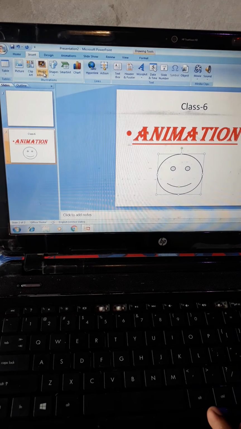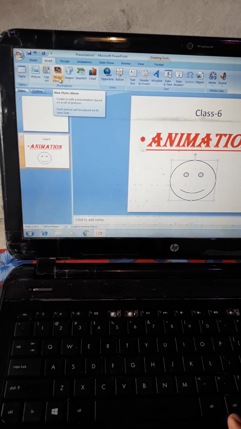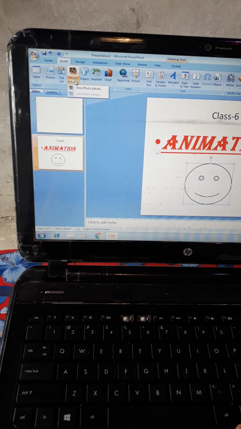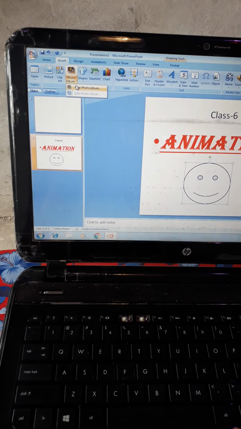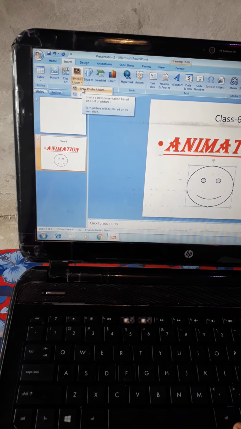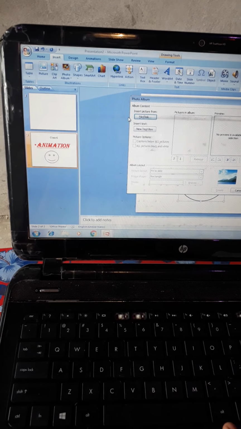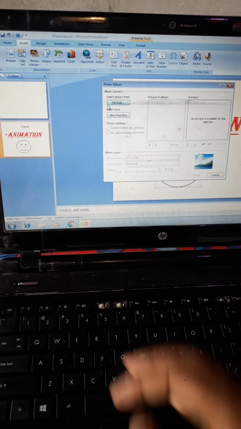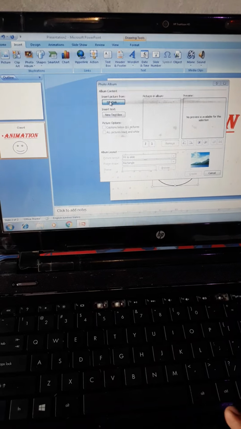to apply any photo. If you want to apply any photo album, then simply you have to click on the album, and two options will appear here: new photo album and also edit album. So I want to apply from the new photo album, so I am going to click on it. Here it is given from where you want to find. If you want to get a file from the disk, then you have to click on the disk option.